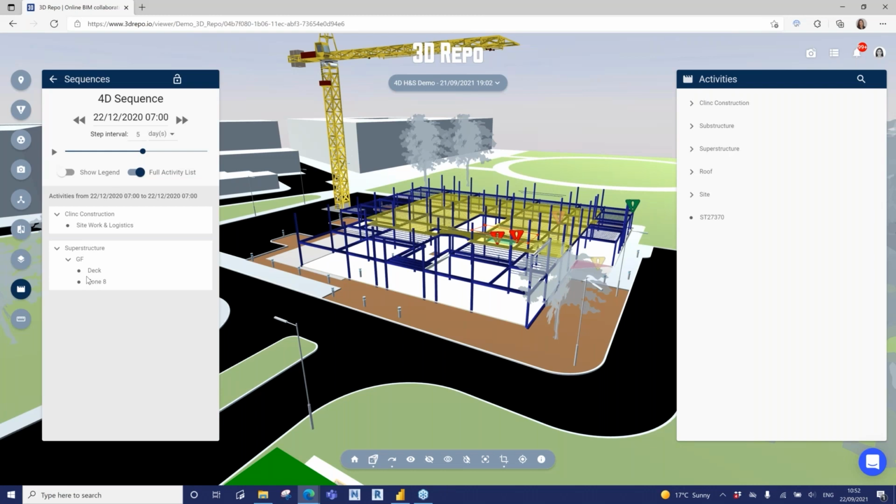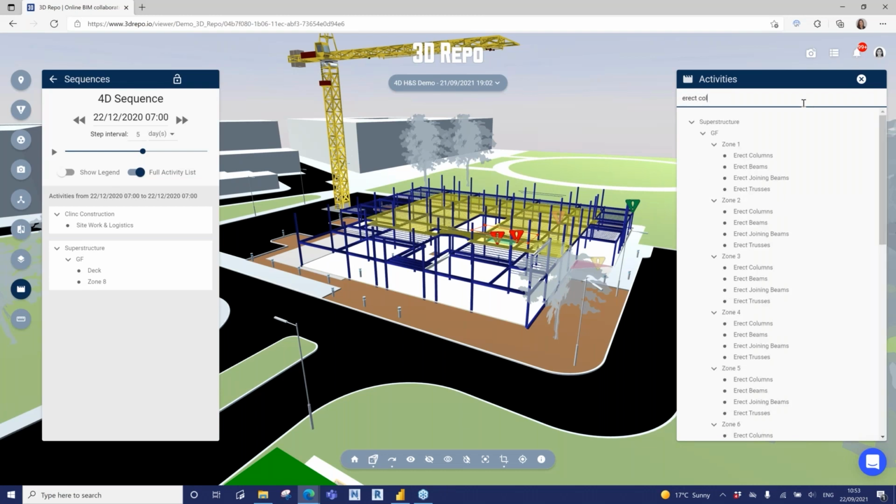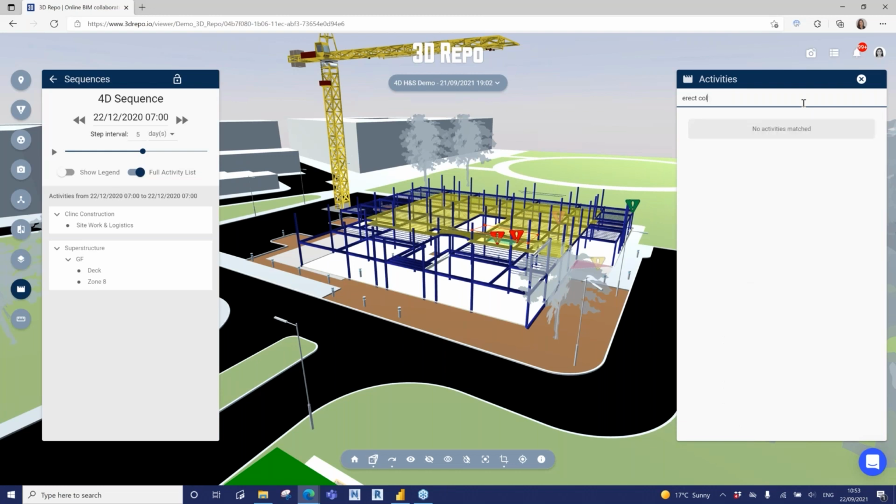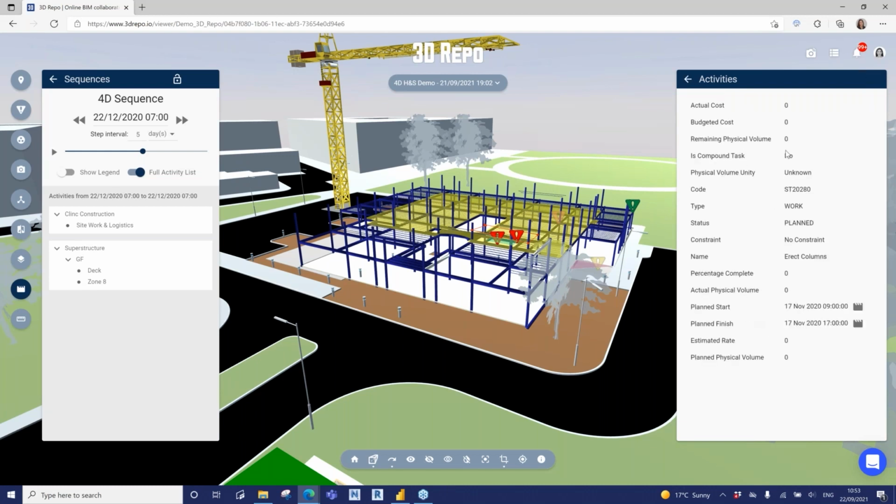So I can review really the whole program and search through it. On the right, let's say I want to look at a specific activity or work package. So I'm just going to say I'm interested in looking at when the columns were erected. So great, instantly I'm filtering through the entire list of activities, and I can do it by zones. If I click on erect column zone 1, I can see here the information that is imported from